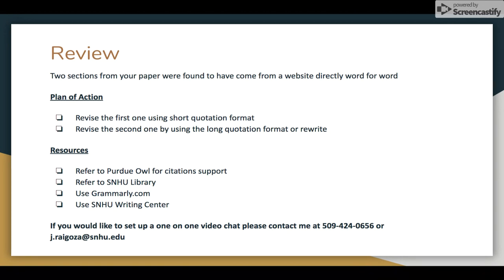I also want to leave you with the resources. I use Purdue OWL citations. I referenced the SNHU library, talked about Grammarly.com, and then I also want to leave you with the SNHU Writing Center. I highly recommend using that. I understand the frustration when you're doing work and you're stuck and you need help now because you don't have time later. And so they have a really nice chat system where you can ask them a question